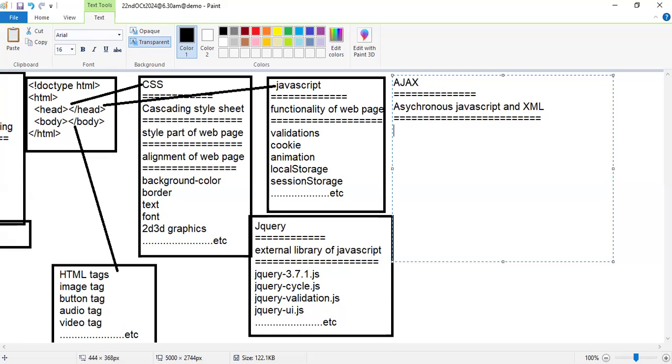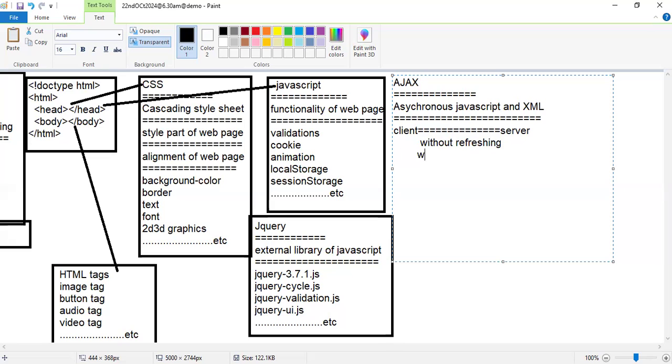It is an asynchronous process, not synchronous. Here, we are implementing validation of the application form. Asynchronous JavaScript and XML, we call it Ajax. In this Ajax, you will understand how to develop our application. The client sends the request to the server, and the server has to give the response, so without refreshing